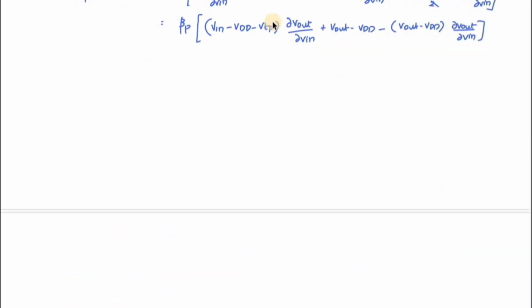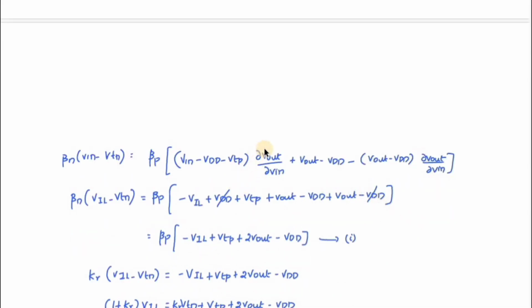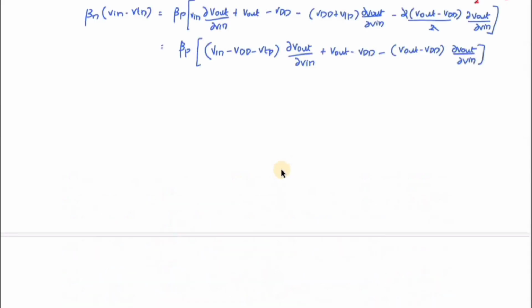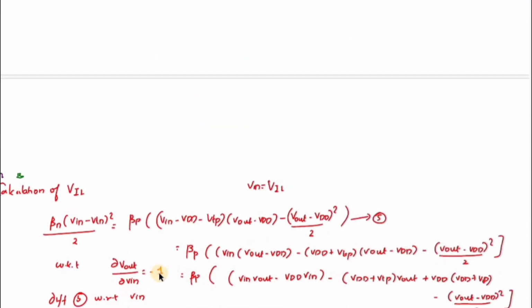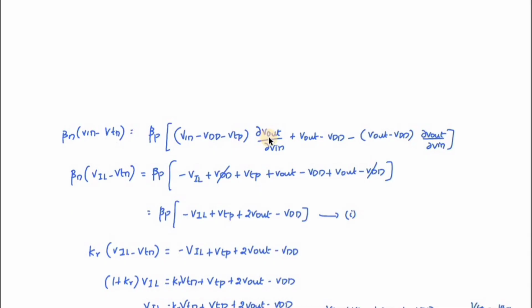So now I'm going to substitute the value of ∂Vout/∂Vin equal to minus 1 in the above equation, right? So if I do, I will get the answer as βn (Vin minus VTN), that is equal to βp into,